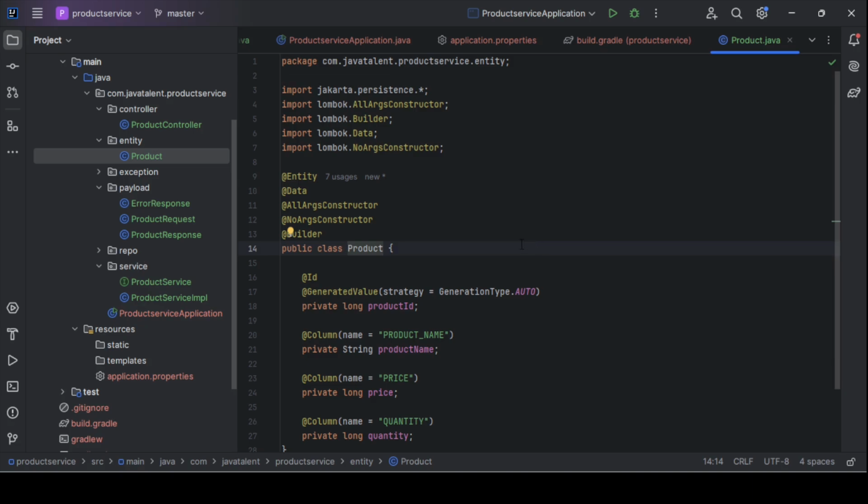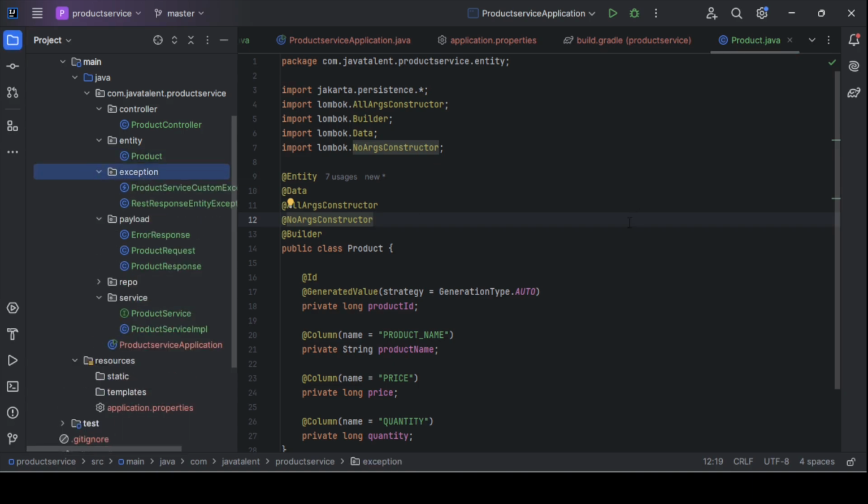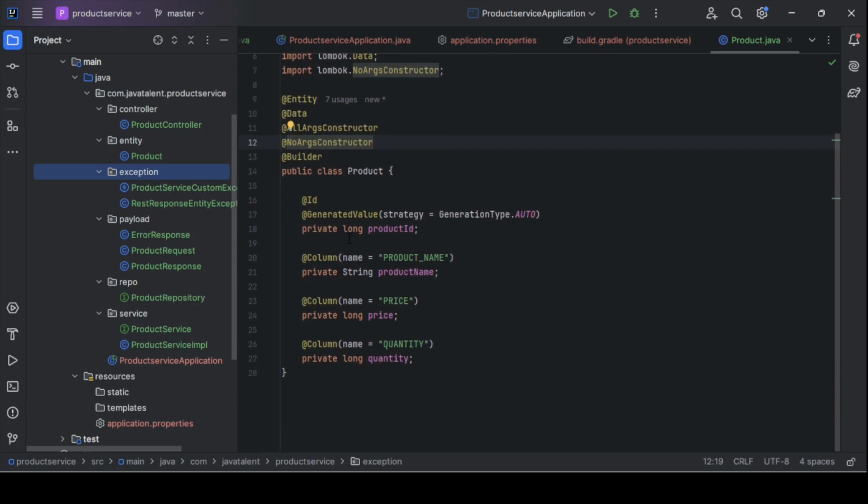Do not bother about whatever you are going to create. This is the entity class, and if you use this entity annotation, it will create the table for you. It will create it automatically because here we are using the JPA implementation. For example, here I'm taking four attributes: product ID, product name, price, and quantity. So let me change that